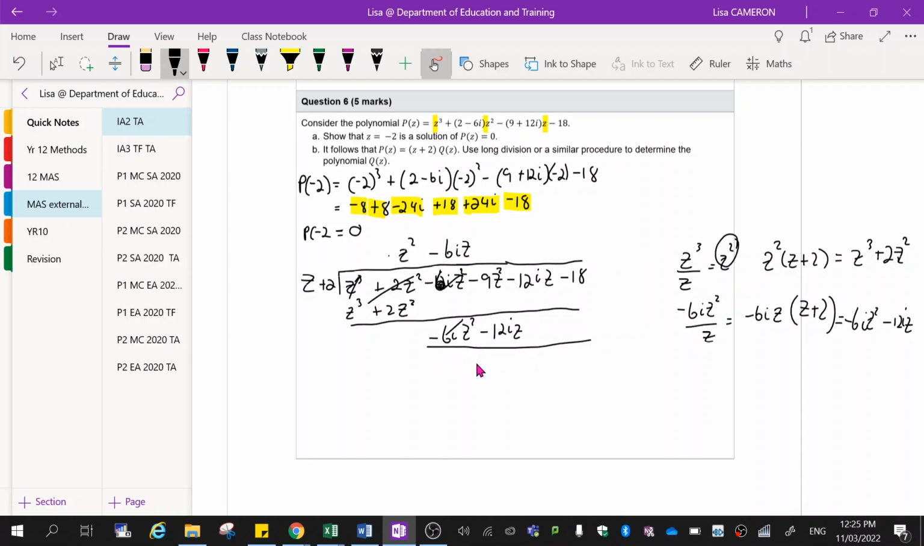minus 9z squared. Sorry, that one's not supposed to have this little bit there. That's not working for me. Okay, sorry, that shouldn't have that little bit there. Okay, let's just fix that up. Okay, so now I've got minus 9z